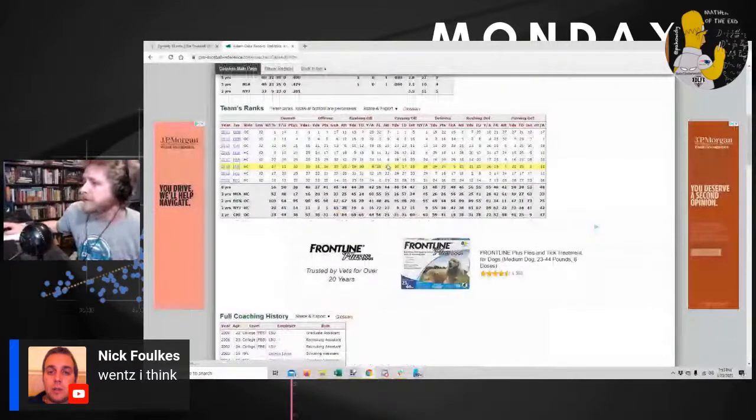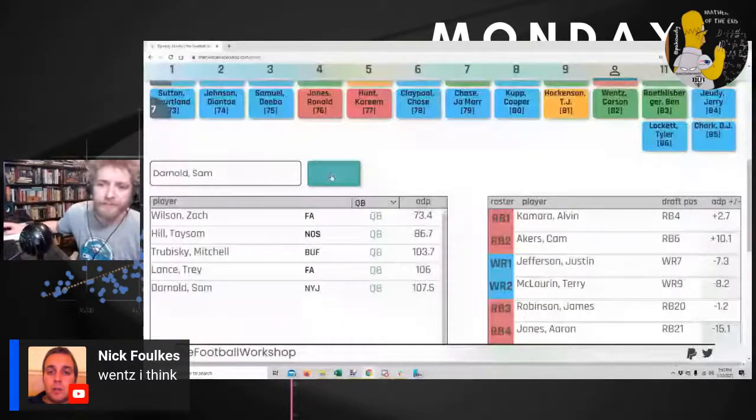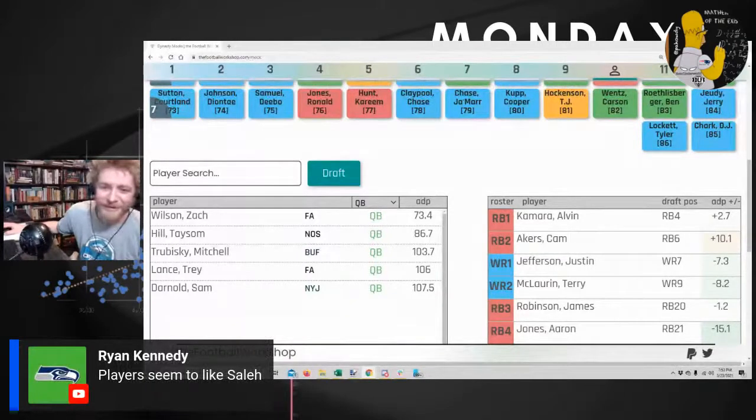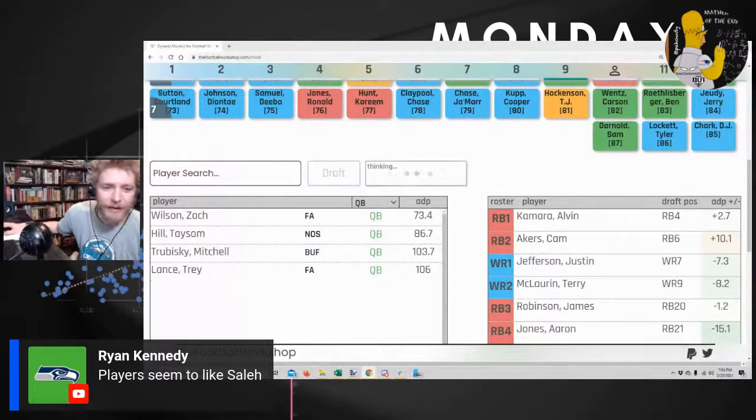All right. Sam Darnold minus Adam Gase. I'll take a shot. Appreciate it, Nick. They got a 49ers guy now. I don't care. Players seem to like Slay. I imagine people like Adam Gase. He doesn't come across as a nice guy, but it's a very close environment.